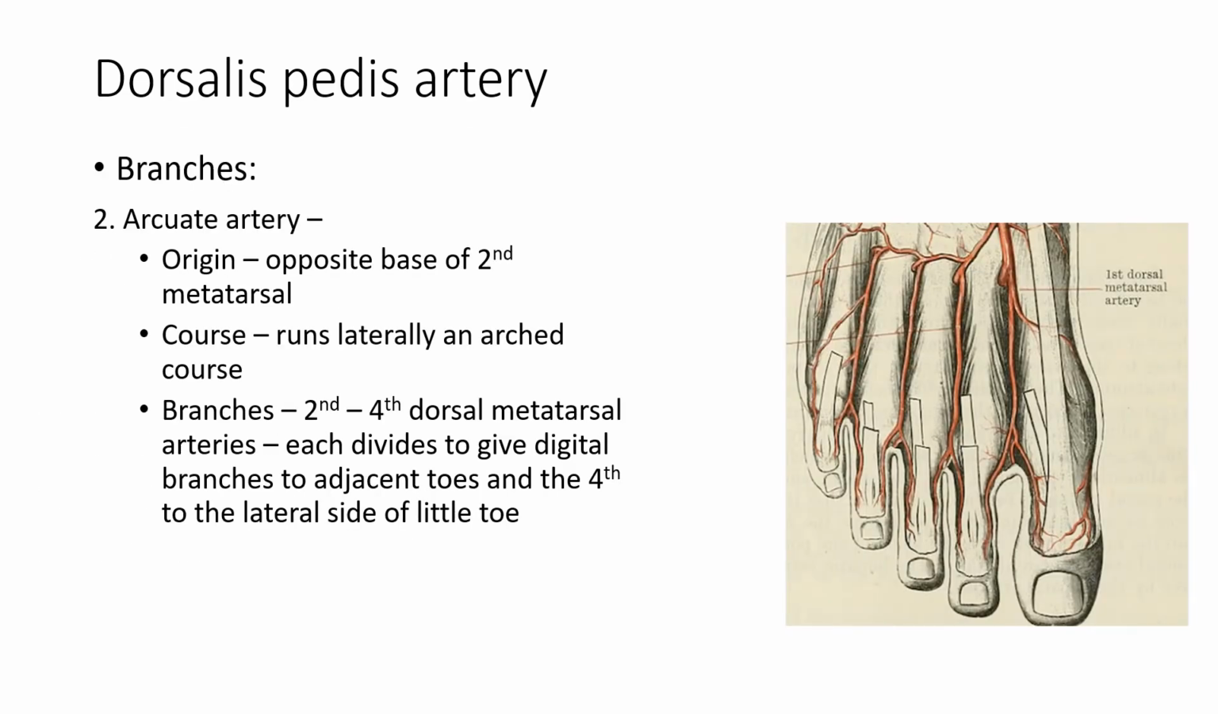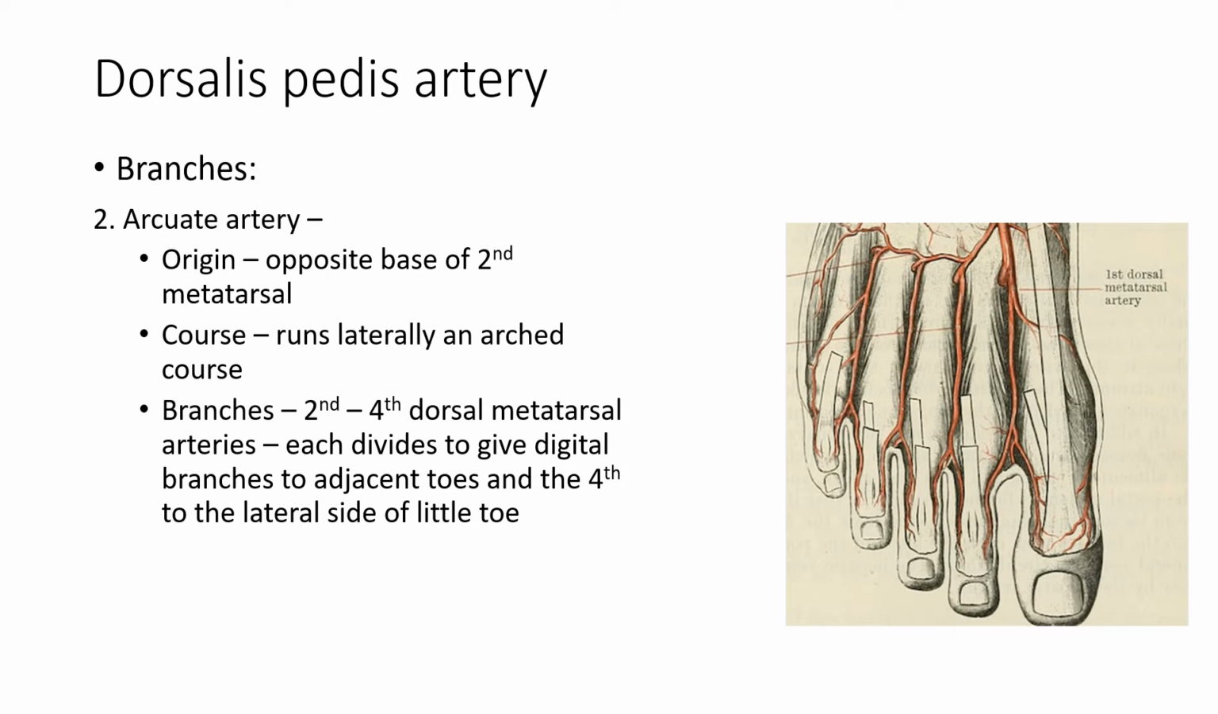In this picture, you can see the arcuate artery coming from the dorsalis pedis artery. This is the arcuate artery, which is arching over the bases of the metatarsals. It starts at the base of the second metatarsal bone and runs laterally in an arched course, giving the branches which you can see: the second, third and fourth dorsal metatarsal arteries, and each of